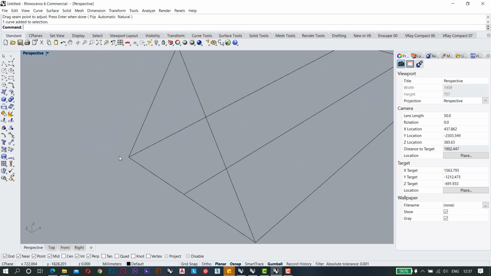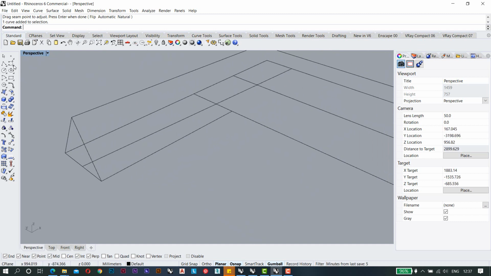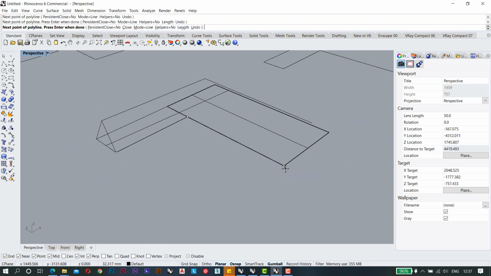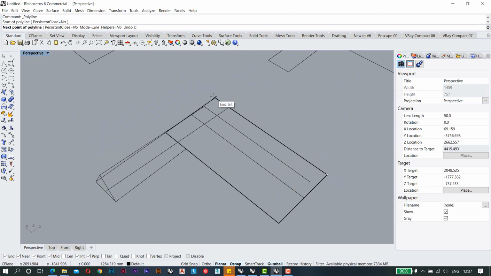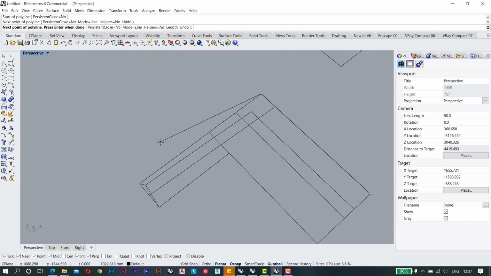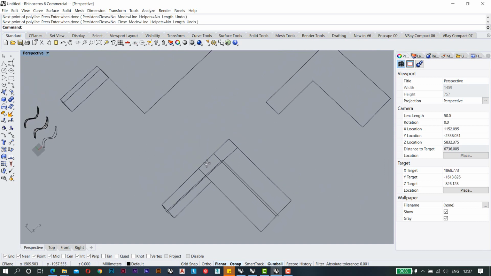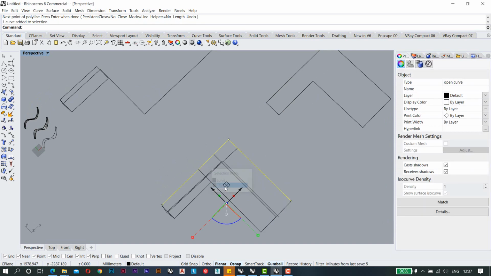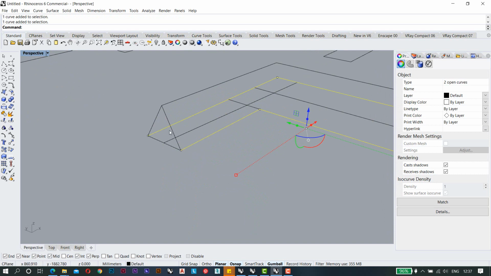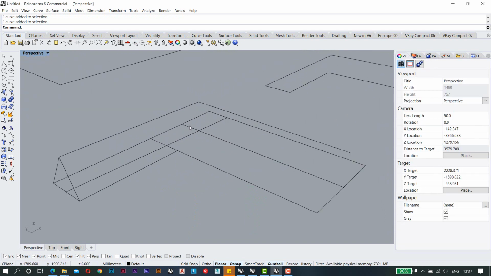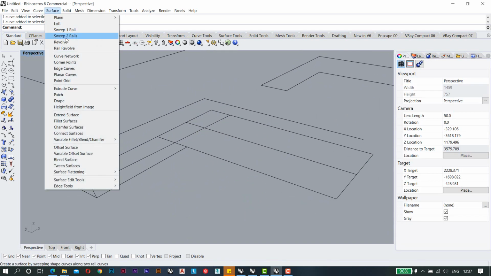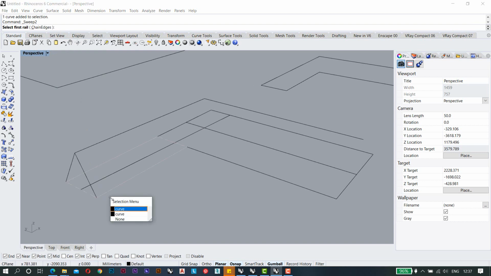So in that case, what I need to do is, I will make two rails this time, one on every side. So now I have two rails, like one is this one and another is this one, and this will be my section.